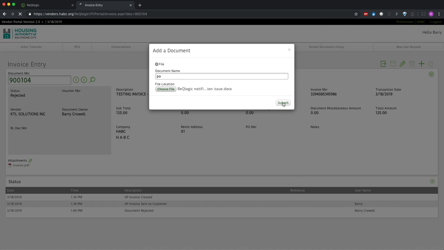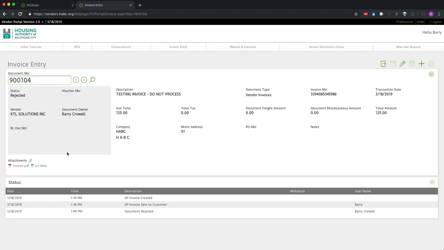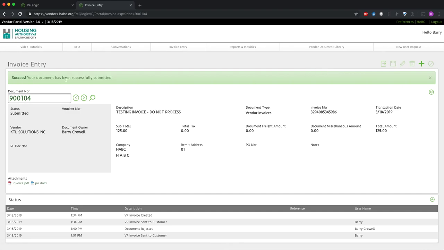And let's get that open. And I can see the progress bar down here. What happened before is that it was not a file that was available for adding into RecLogic that I had selected. So now I have my two files, and once those are uploaded, I can go ahead and resubmit my previously rejected